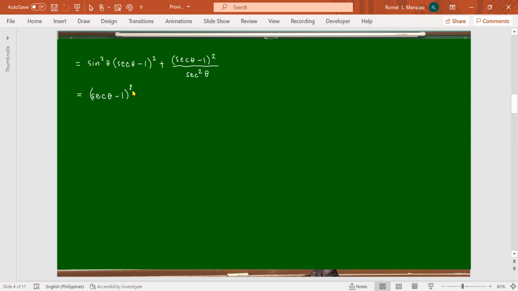Okay, a two-term expression, quantity squared. So that's common. If I'm going to remove secant theta minus 1 quantity squared from the first term, I can have sine squared theta as the remaining quantity. What about here? If I remove this as a factor, what is left? 1 over secant squared theta. Okay, guys? Yeah. So after factoring out this quantity,